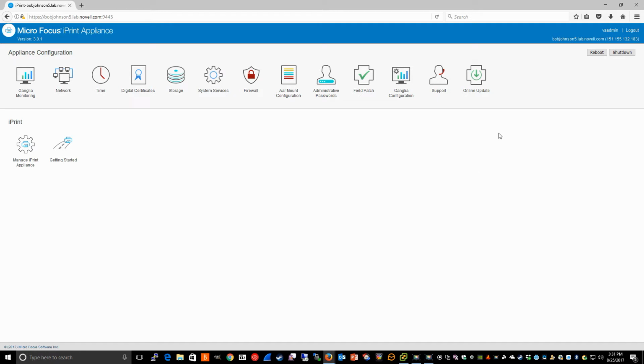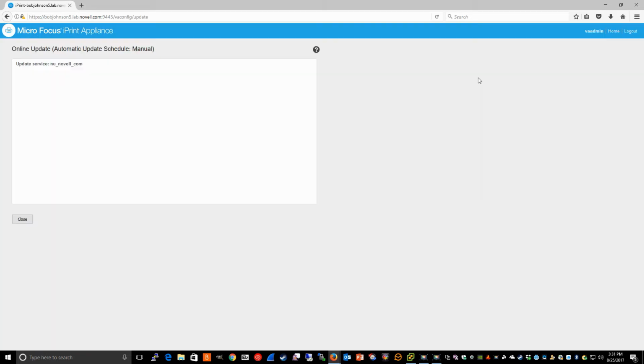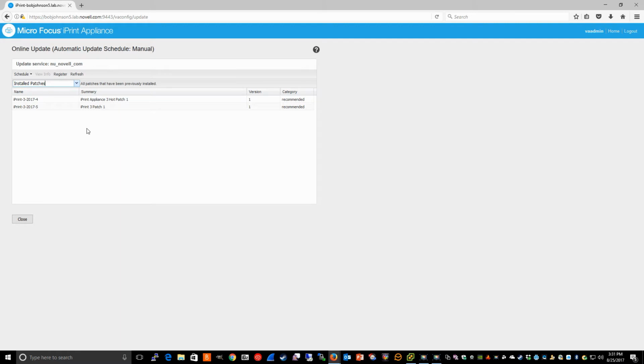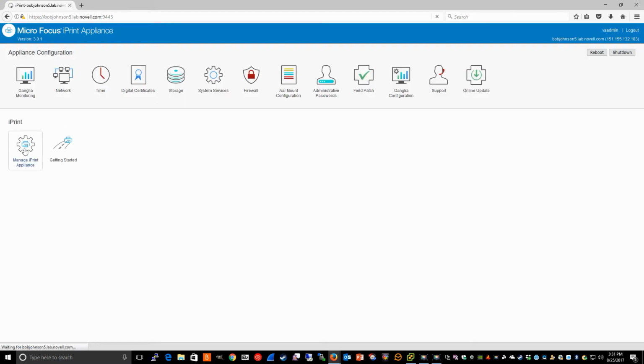While you're here, at least if you're running the 3.0 version of the appliance, you can check whether or not you've updated to the latest updates by clicking the online update button, and it'll show you needed patches. And as you can tell, I've installed the latest updates, so I don't have any needed patches at this point. You can go back home, click on Manage iPrint Appliance,